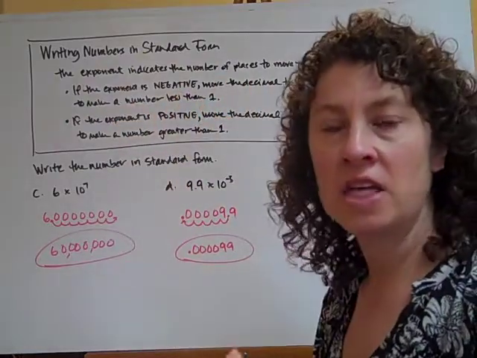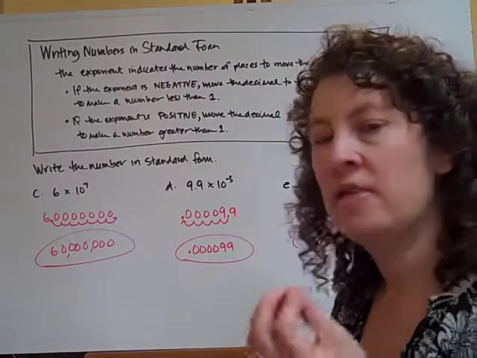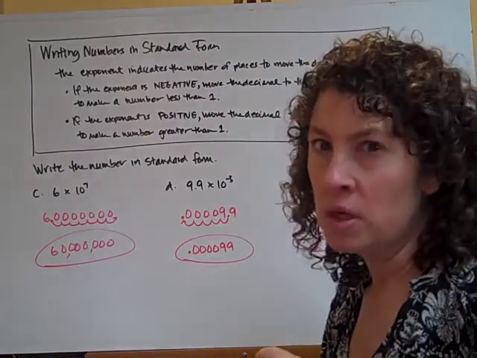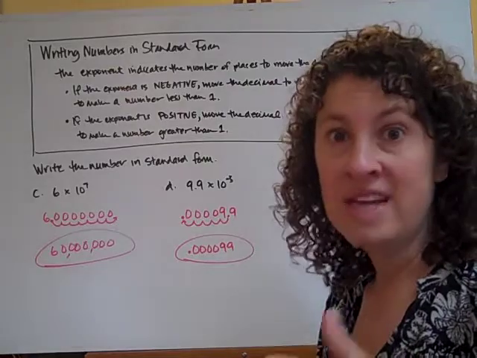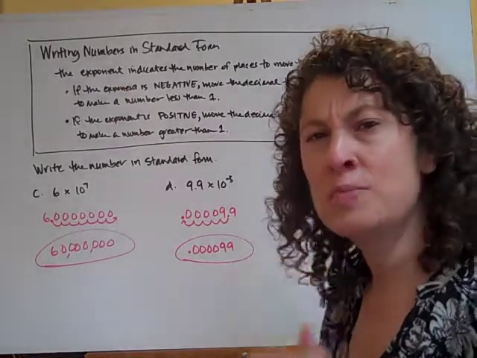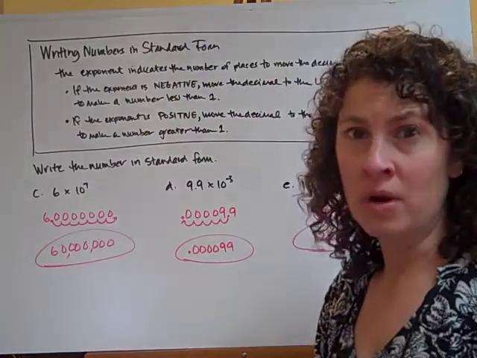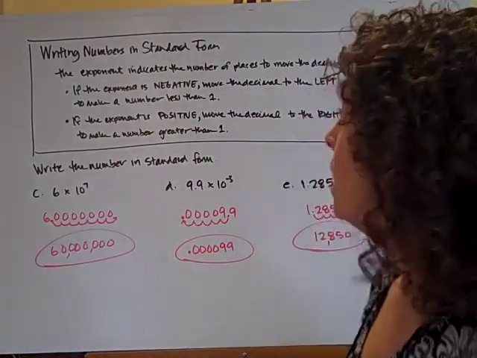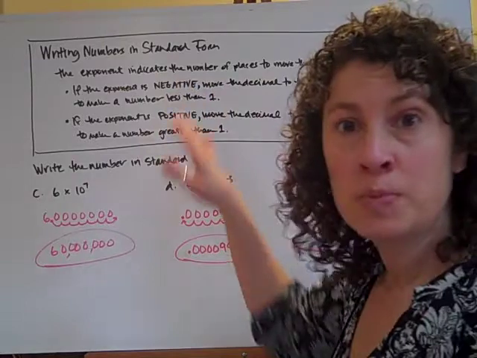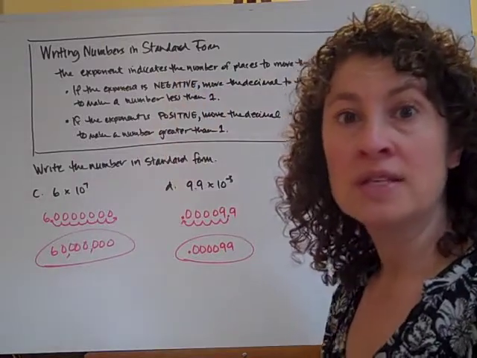So that negative exponent, and if you think about what that negative exponent means, that means I'm really dividing by a power of 10. So I'm getting a number that's smaller than 1, and if I multiply by a number smaller than 1, I'm going to end up with a number that's smaller than 1. So if I have a negative exponent, I'm going to end up with a smaller number